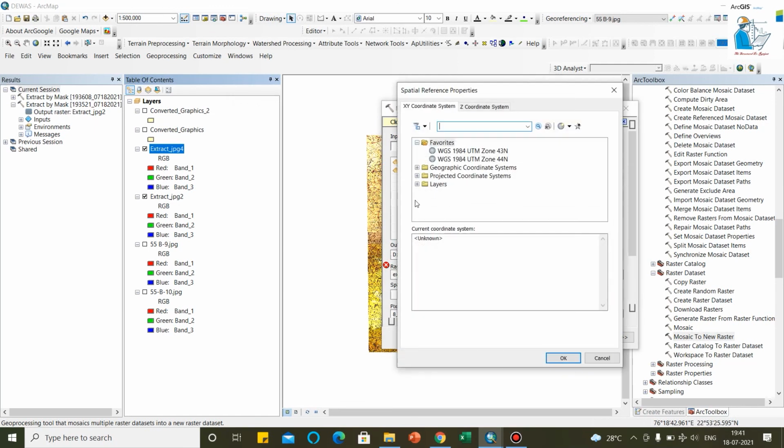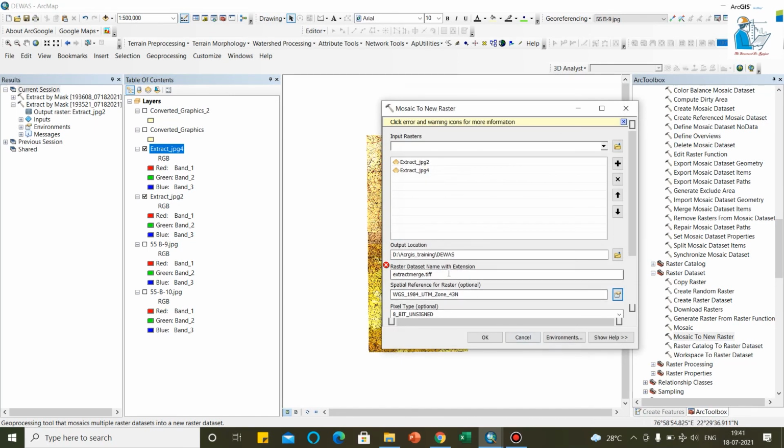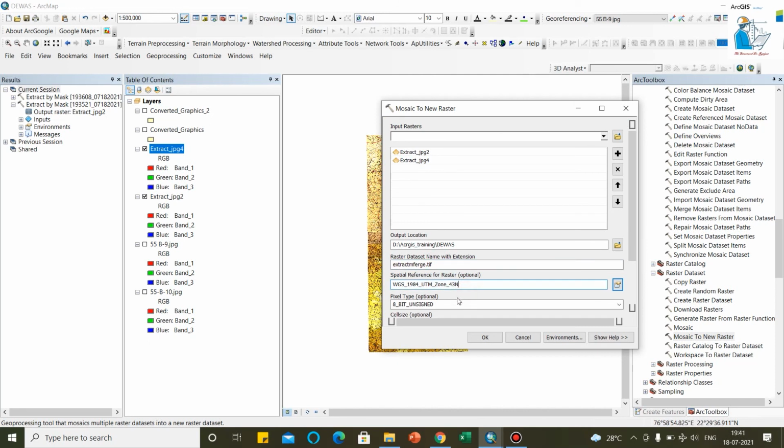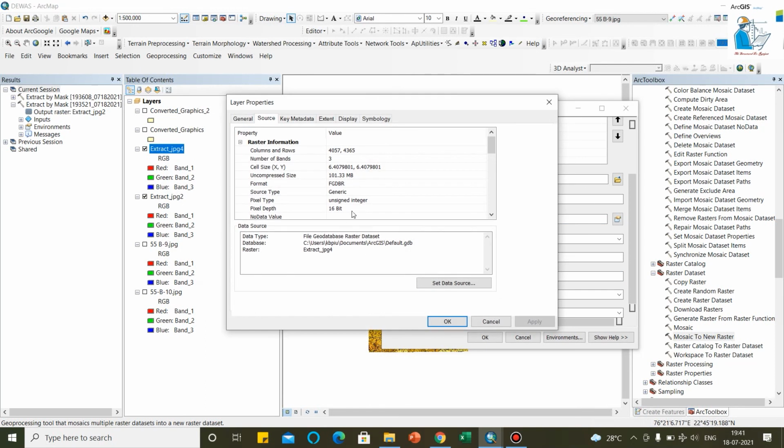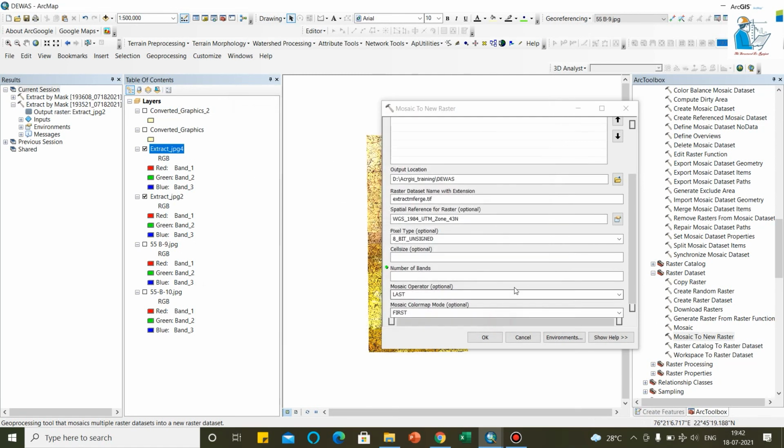You can set it to 43N. Okay. Number of bands: you can check the number of bands. Number of bands is 3. Okay, now we will set it as 3.